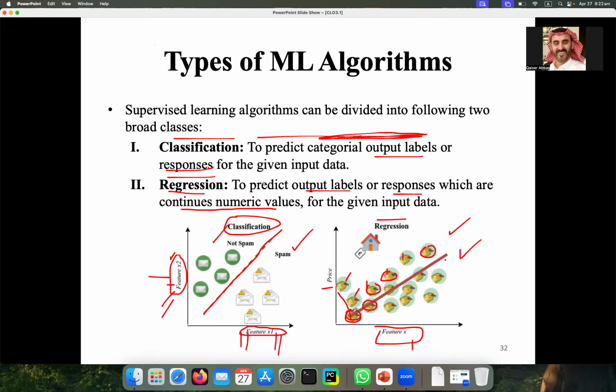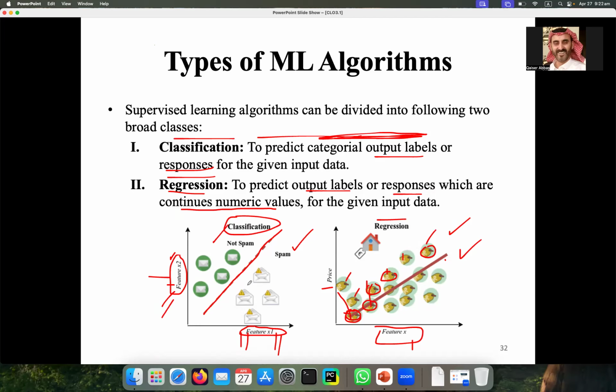But that price for one house it can be lower, and for other it can be in between, and for some other it can be high. So this rent is not fixed. It is not fixed in one category. I cannot say that it should be in this category.